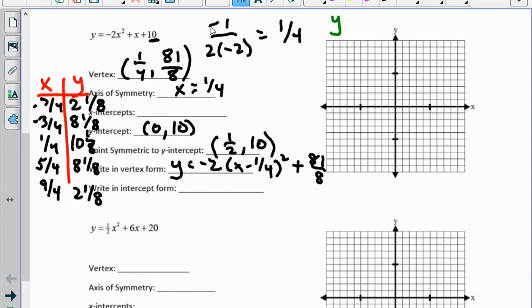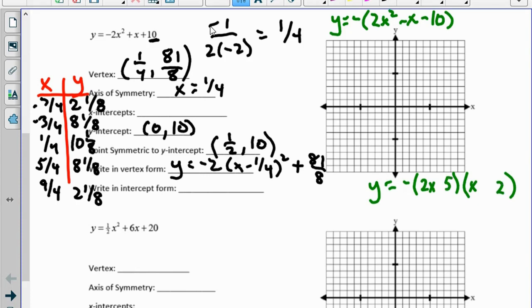So if I rewrote this equation as y equals negative 2x squared minus x plus 10, and I look to factor this thing, it actually ends up being factorable. So I can write this as y equals negative, I put a 2x and an x here, and then I put a 5 and a 2, and I end up with a minus and a plus. So I end up with